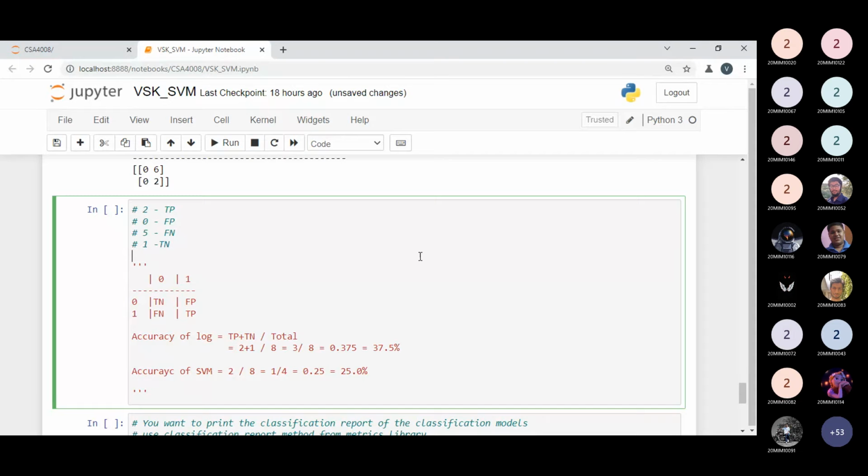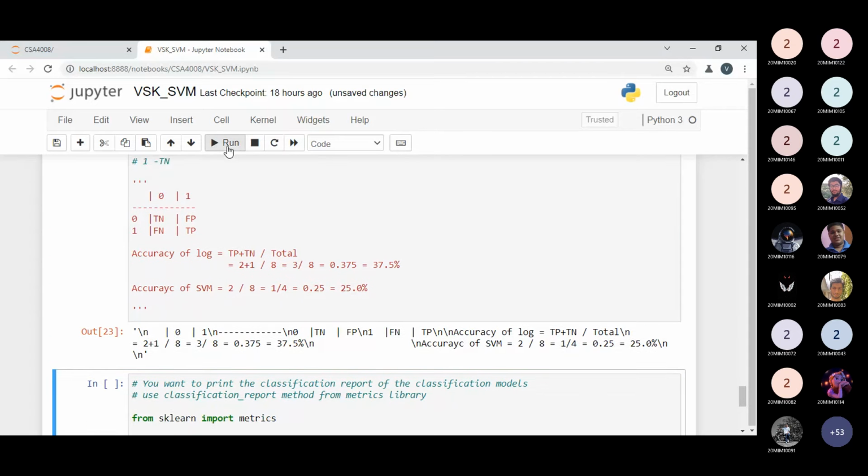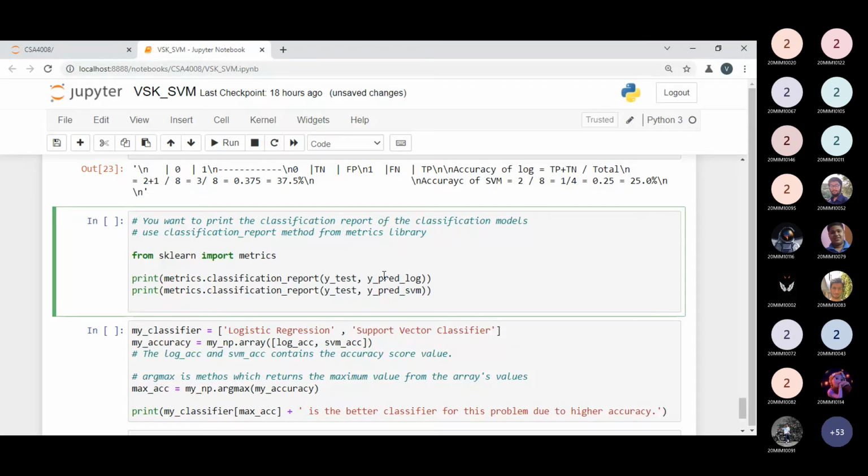So no need to define the confusion matrix every time. Just use the simple way, the accuracy score function, by which we can get it. But if you want to use the confusion matrix, then you can display it. So it is an optional thing. But what are we getting and how can we understand? Now it is clear to all? Yes, sir. Okay.